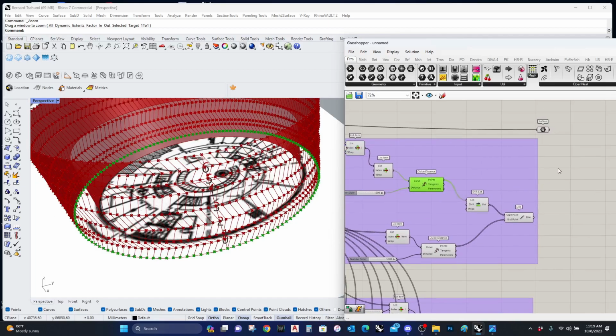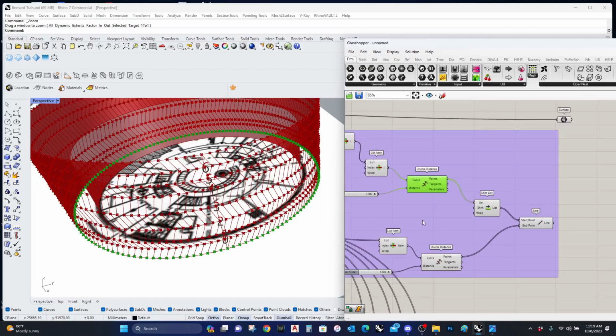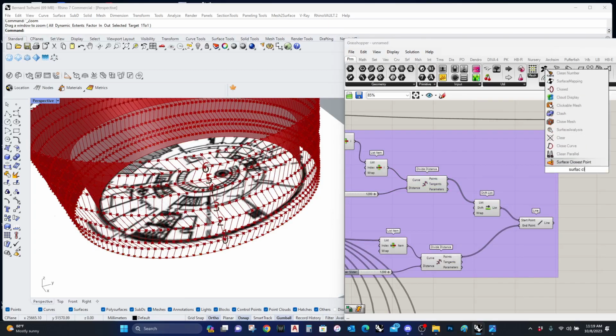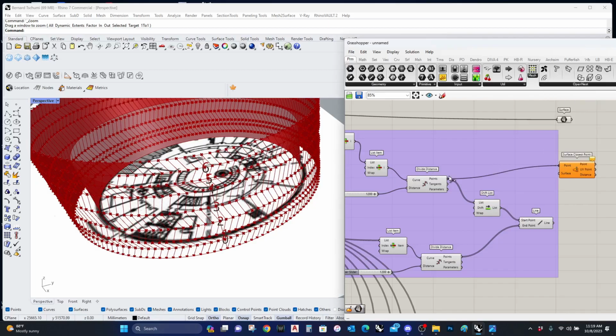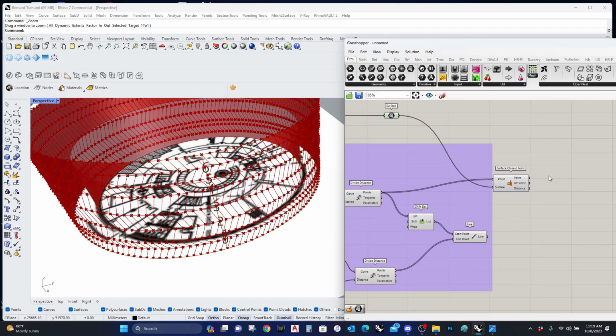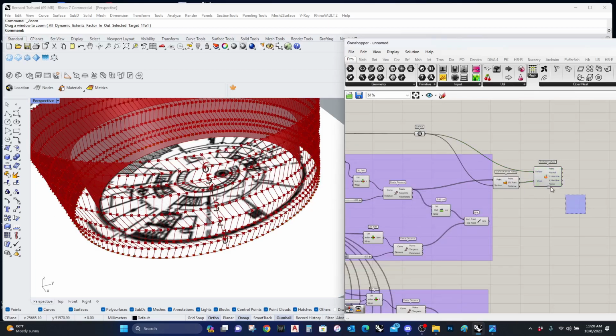Okay, so I'm going to take these points in the first surface closest point. So I'm taking this point right here, and I'm taking this surface. So then I'm going to go to evaluate surface. Going to take the UV point, take the surface right here,